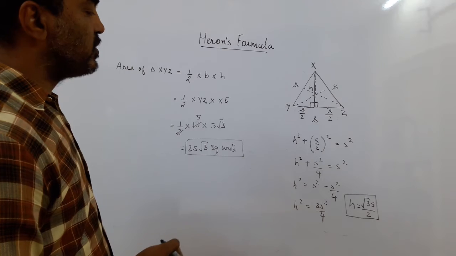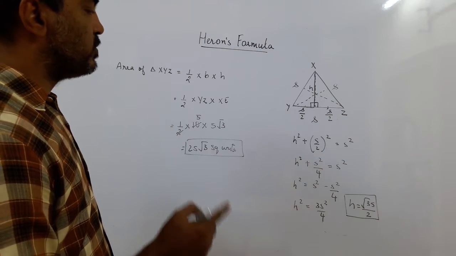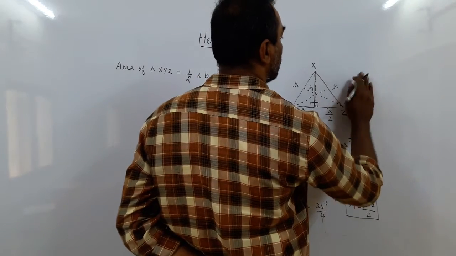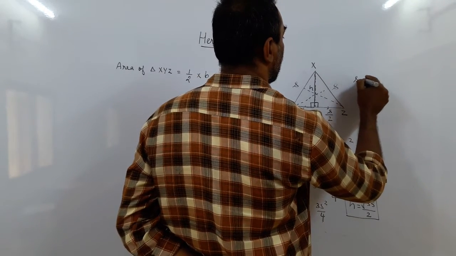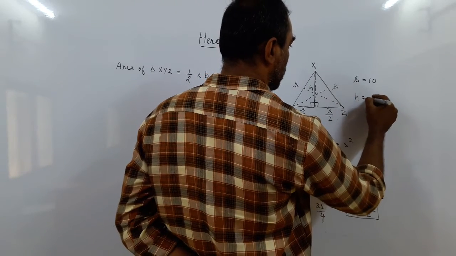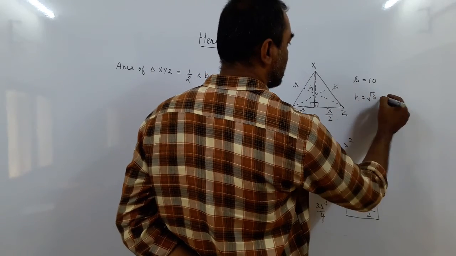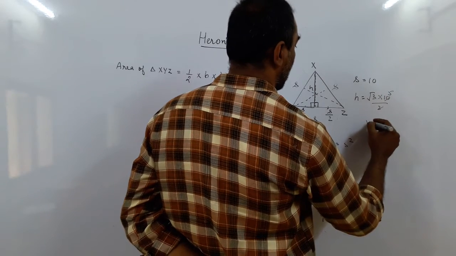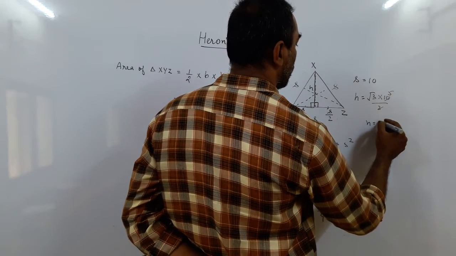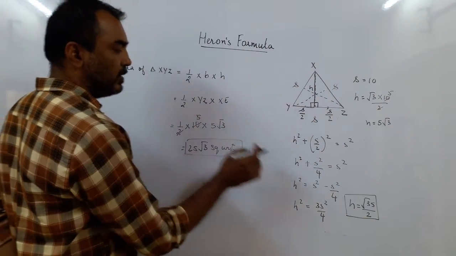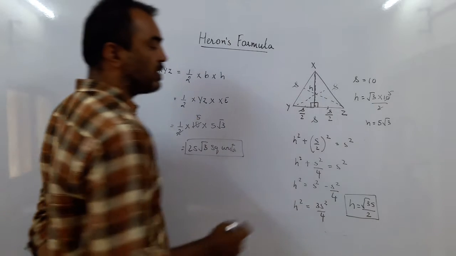What is the altitude of this triangle? Root 3S by 2. Let us check. In the previous example we had taken S equal to 10. So the altitude is root 3 into S, which is 10, upon 2. 2 5s are 10, and we had got the altitude 5 root 3. Remember, see here, 5 root 3. So what is the altitude of an equilateral triangle?